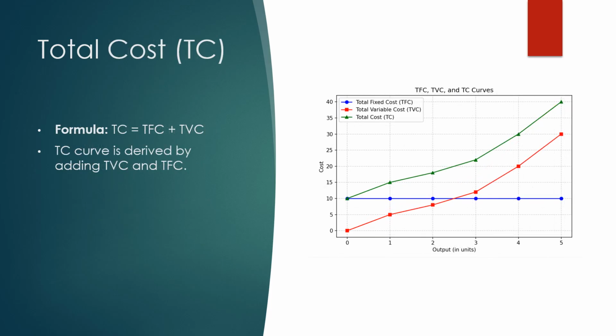Total cost. The total cost formula is total fixed cost plus total variable cost. The total cost curve is derived by adding total variable cost and total fixed cost. This curve shows total fixed cost. This red line shows total variable cost and this green line shows total